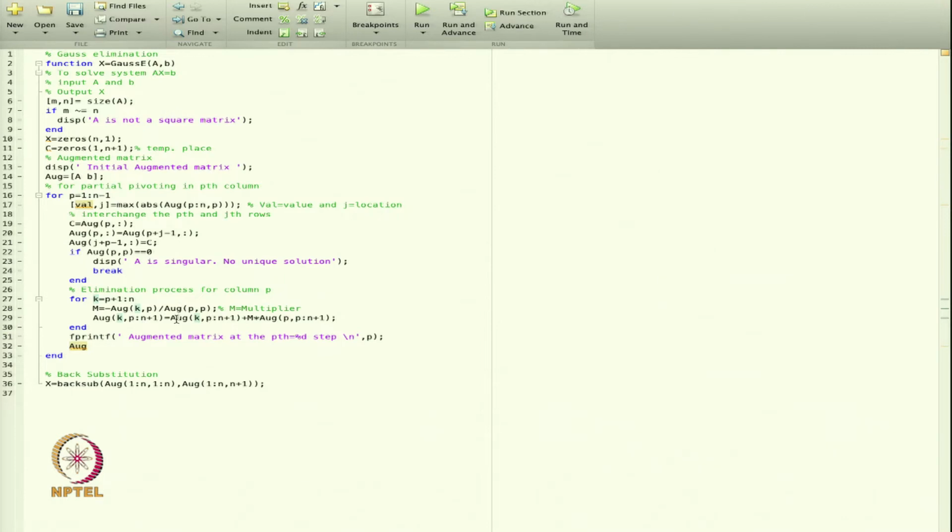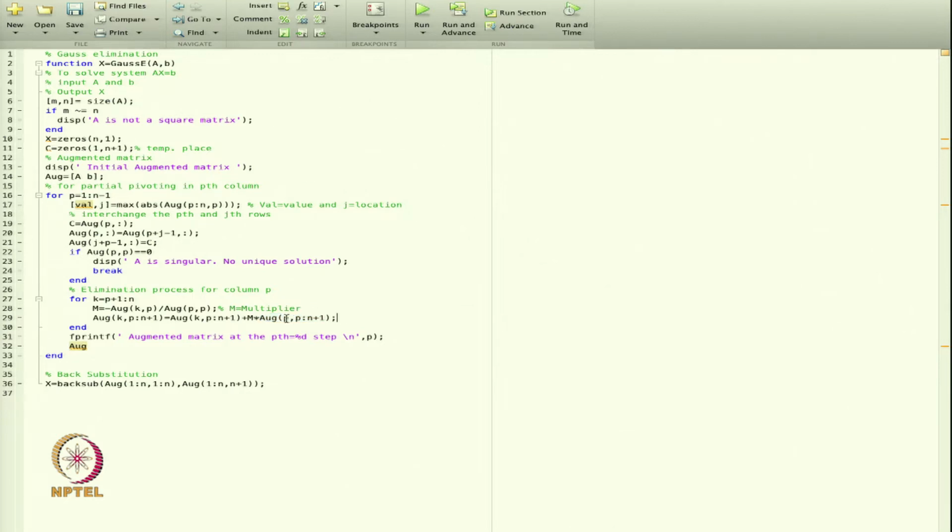So, in this case it is equal to this value, the matrix k, p to n plus 1, plus m, that is the multiplier, multiplied by the values on the previous row which I am using to give the elimination.